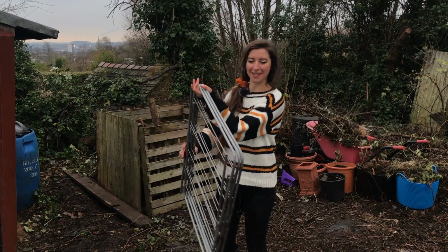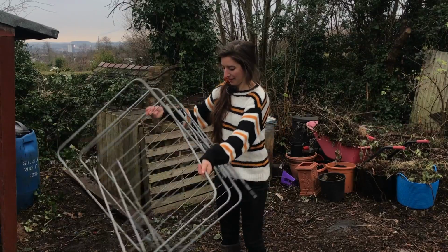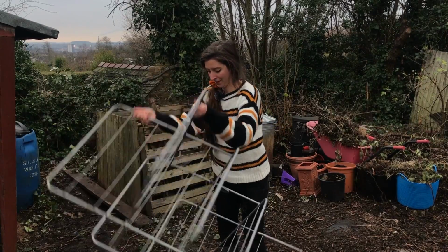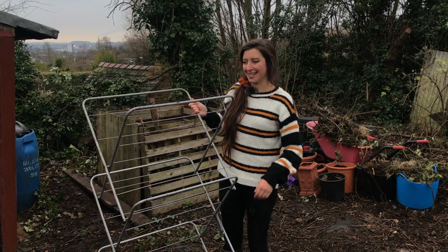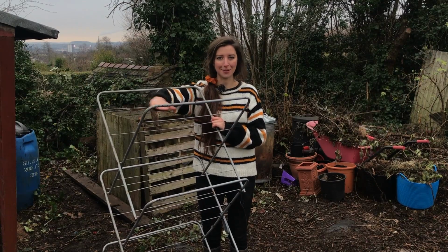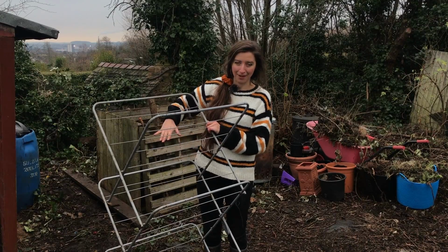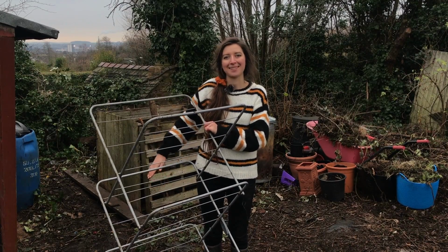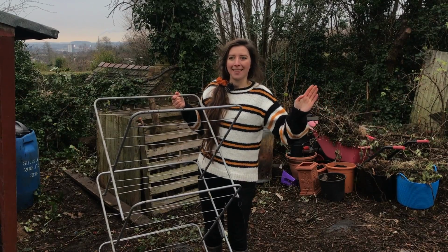Next one is this clothes dryer. Now I know it looks a bit odd, but what I'll be able to do is use some slats of plywood or something, and I might be able to create a seed table out of it and have lots of layers of seeds growing away, and I can put this in the polytunnel,